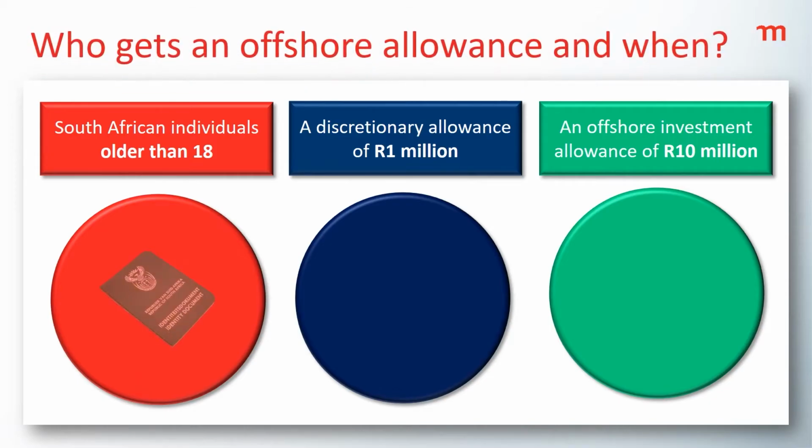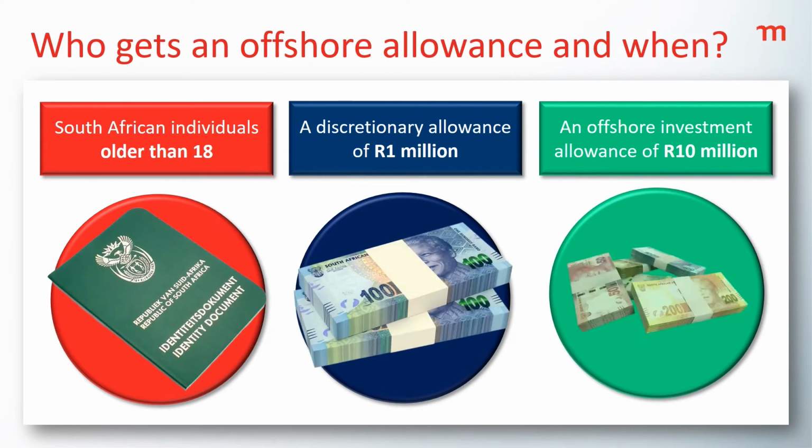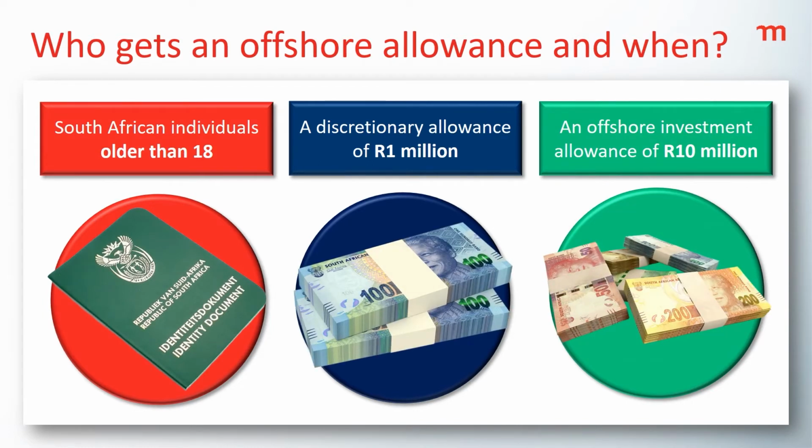When we talk about externalizing money, we are referring to clients over the age of 18 using their 1 million rand discretionary allowance and their 10 million rand investment allowance. These allowances are per calendar year and not per tax year. Their rands are converted into hard currency, for example, US dollars, which is then invested onto the Momentum Wealth International